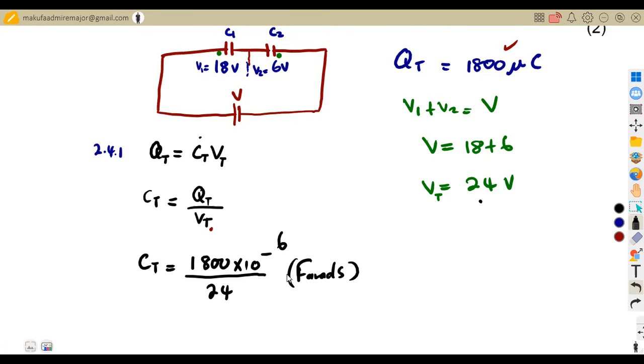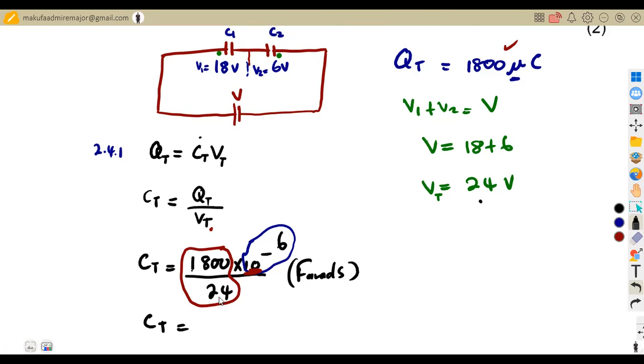So it is best for us to have our answer in microfarads, and already this 10 to the exponent of -6 here means micro. So instead of using this in our calculation, we can simply divide these two on your calculator so that you already remain with a micro on your answer. So if you divide